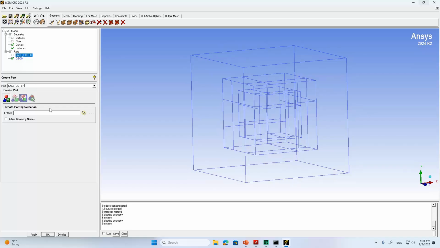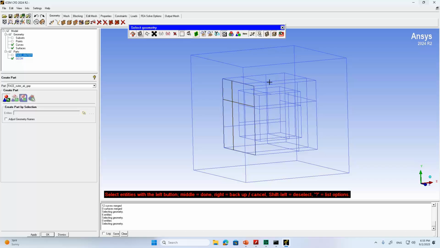Okay, I will call it face, well, in fact, this is the interface between the outer box and the air gap, right? Air gap. Okay, notice that the air gap is here, in between the second and the third boxes. So those 6 surfaces, in fact, are the interface between the outer foam and the air gap. Okay, and then we select these 6